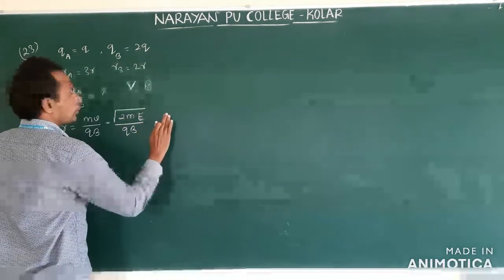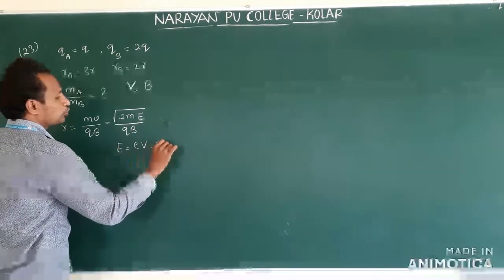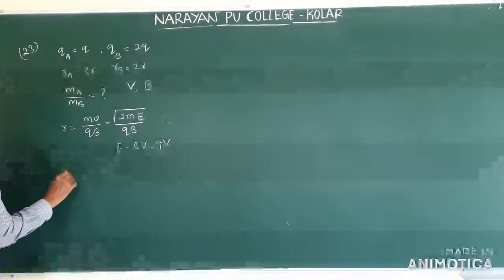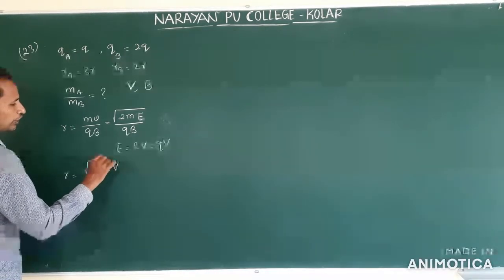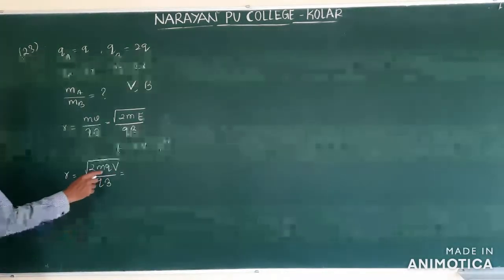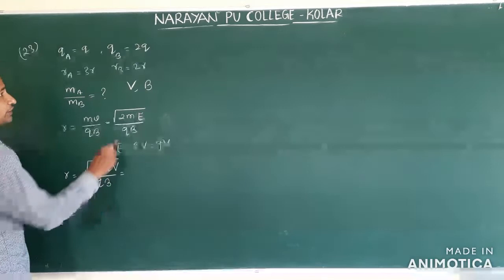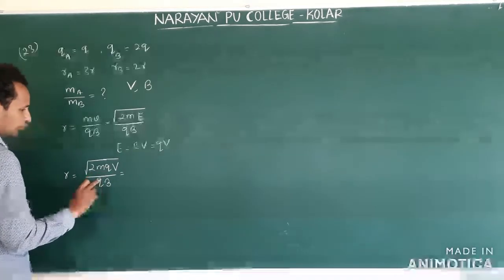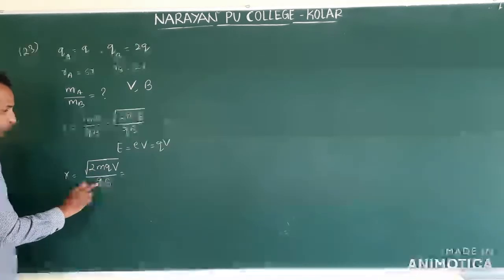This energy in terms of potential, how do we write? E is equal to qV, charge times accelerating potential. So then this formula will become root of 2mqV by qB. Okay, we follow this formula. One root q cancels. See, this V and B remain the same. So first we write the formula here. What will be cancelled? Q, and here root q is there, so one root q will be cancelled.